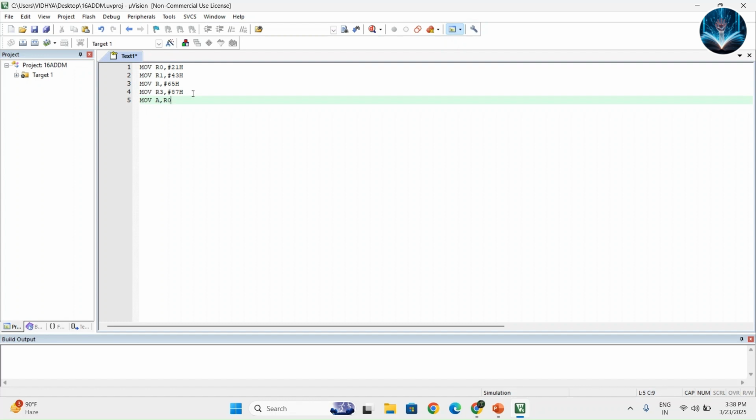We need to load the R0 data into accumulator, and then next we need to perform the addition operation between LSB bits, 21, 65 are LSB bits. For that, add A, R2, here 65 is LSB, right? And then next we need to store the result in 21H memory location. MOV 21H, A. Next again move A,